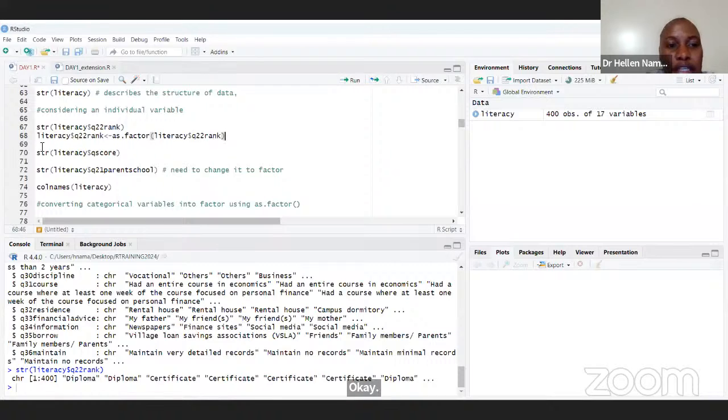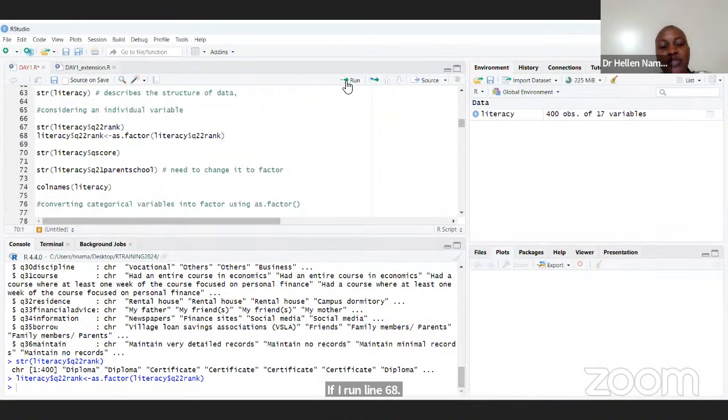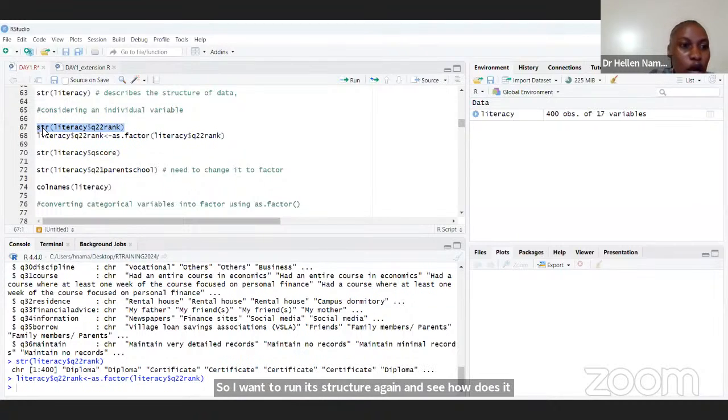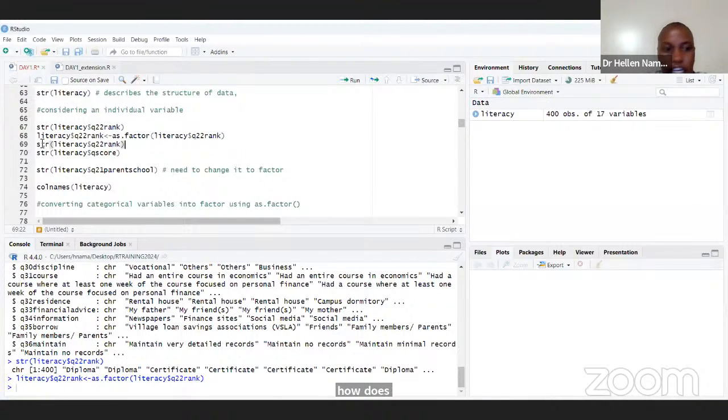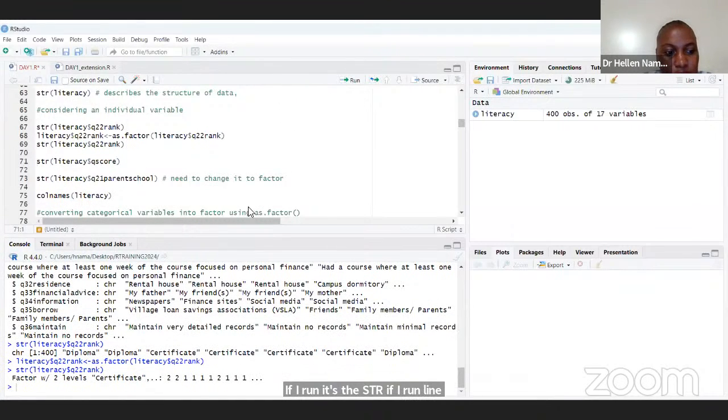So in case I run now, I say that within my literacy dataset, pick for me the variable Q22 rank, and then I'm using the as.factor command, read it as a categorical variable. If I run line 68, okay, I'm seeing it again within my R console. So I want to run its structure again and see how does its structure now look like? Has it been converted? If I run the str, if I run line 69, now it is going to tell